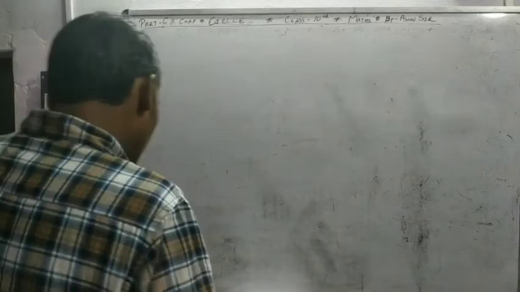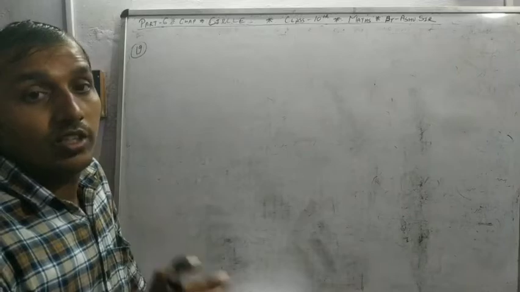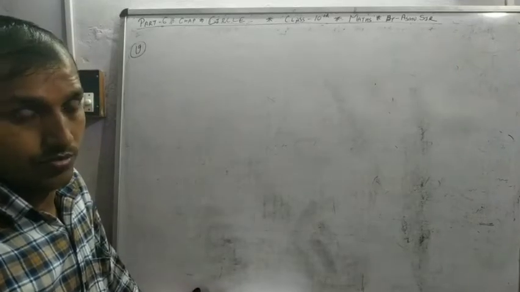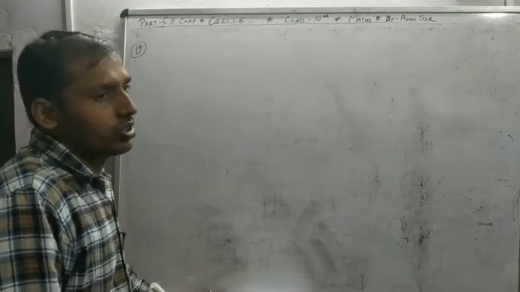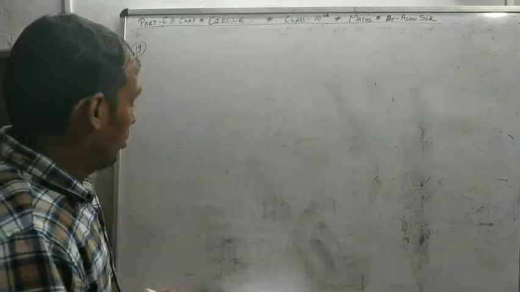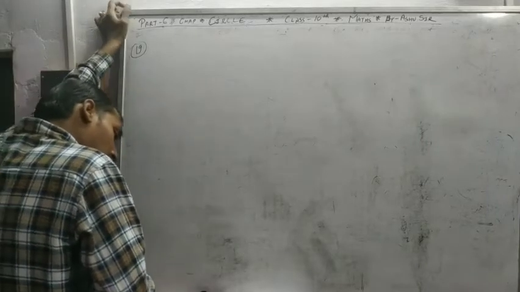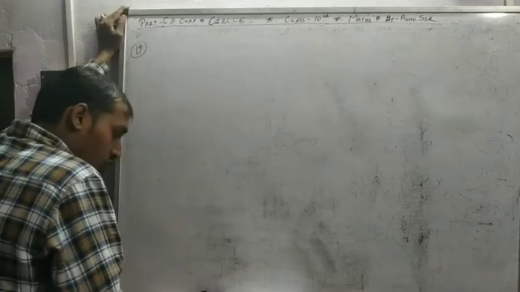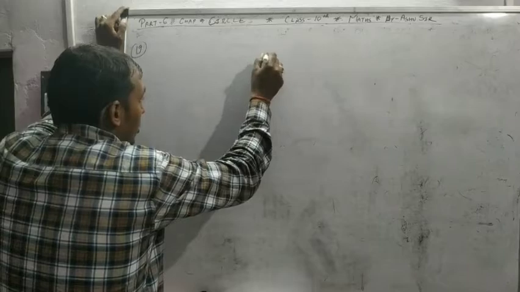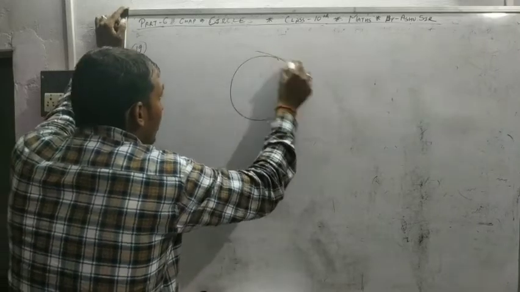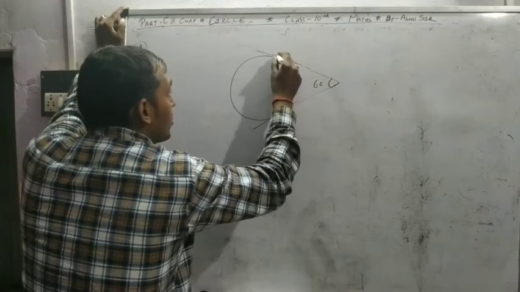See this question, a very good question, and the combination of trigonometry and circle. And in circle, very many questions have used this concept. What's the question? Let's see. If two tangents inclined at an angle of 60 degree are drawn to a circle of radius 3 cm, then find the length of each tangent. Means two tangents inclined at the 60 degree.